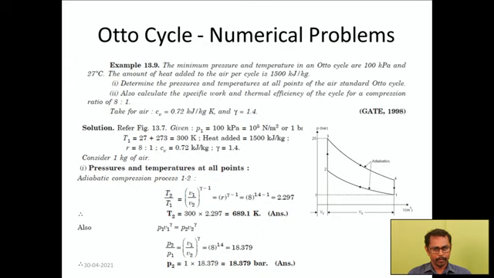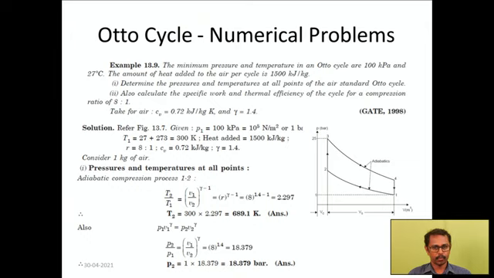And we can see one more problem in Otto cycle. The minimum pressure and the temperature in an Otto cycle are 100 kilopascal and 27 degrees Celsius. The amount of heat added to the air per cycle is 1500 kilojoules per kilogram. So from this given data, we are going to find out pressure and the temperature of all the points